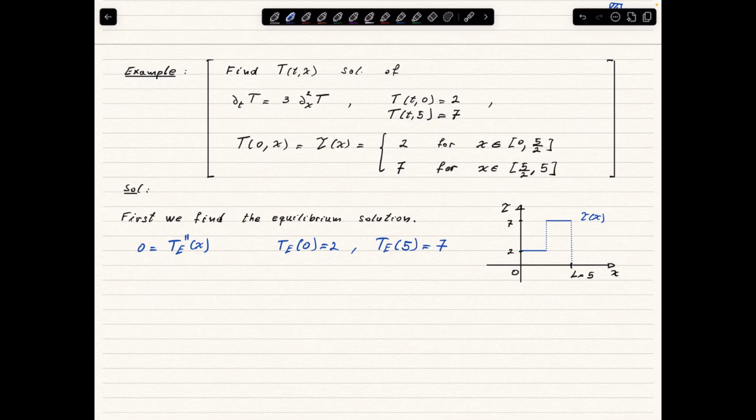Alright, so from here we get that the general solution of the problem is very simple, and it's a linear function c1 plus c2 x, but the boundary conditions imply that